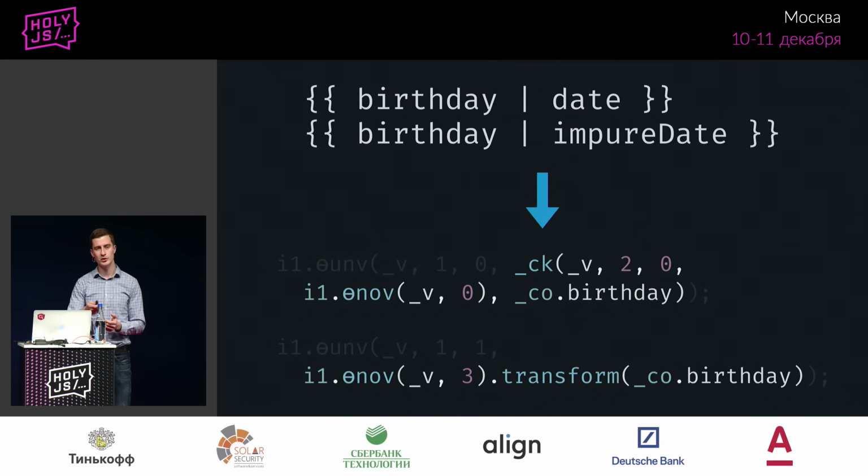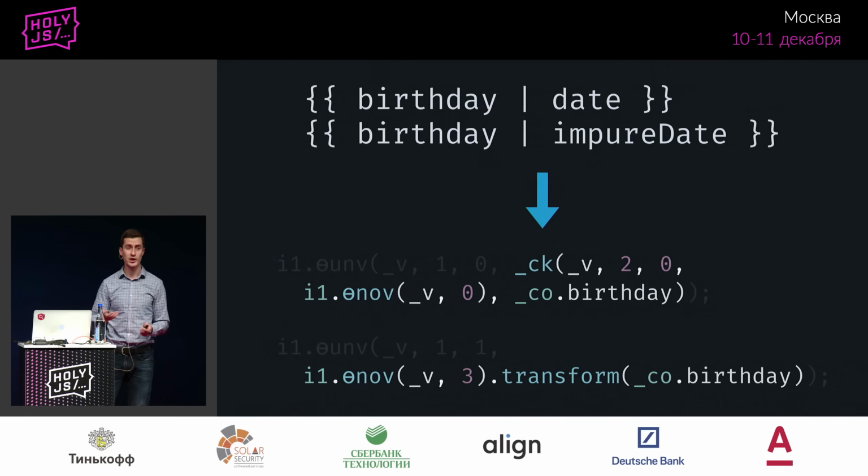Otherwise, it is just going to return the previous result, which it has already cached. In the second case, Angular is always going to invoke the transform method of the impure pipe. So that's basically the difference. And that's what referential transparency in general is about. This means that a given expression is not going to change its semantics if we just replace the expression with the value that it